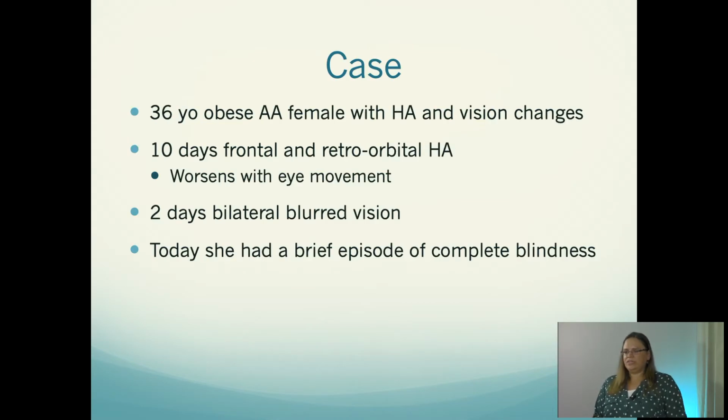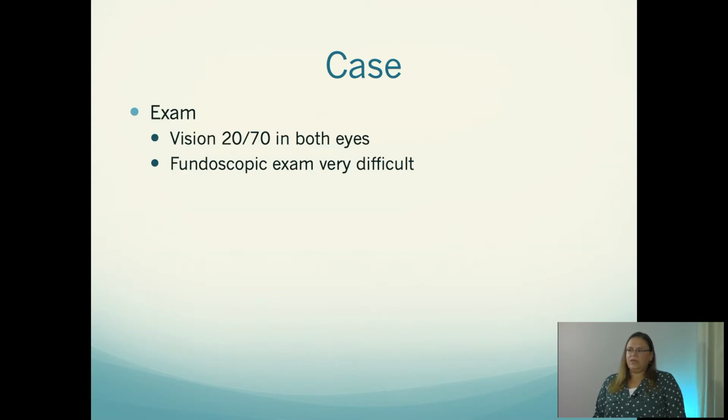So we have a 36-year-old obese African-American female with headache and vision changes. The headache has been about 10 days. It's located frontal and retroorbital and worsens when she moves her eyes. For the past 2 days, she started with blurred vision, and then this morning she had a brief episode of complete blindness while she was bending over to tie her shoes and decided it was finally time to come in and get evaluated. On exam, she has 20/70 vision in both eyes,